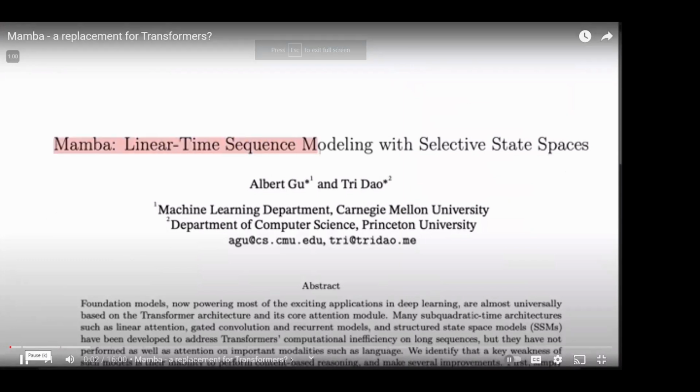Mamba, linear time sequence modeling with selective state spaces, appeared on arXiv. It is causing some excitement, partly because it shows strong empirical results,